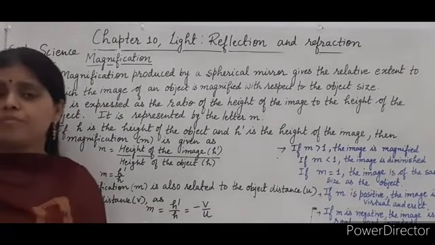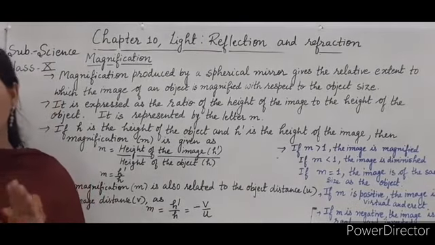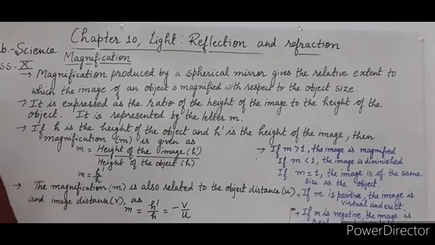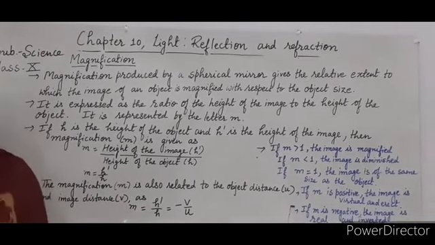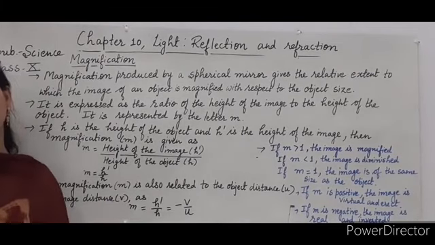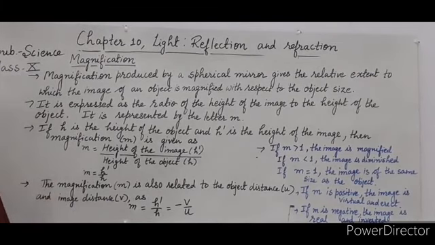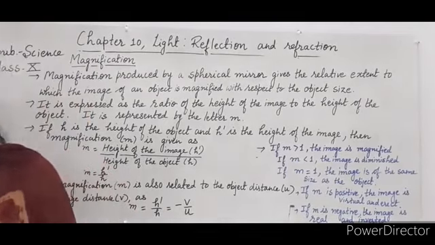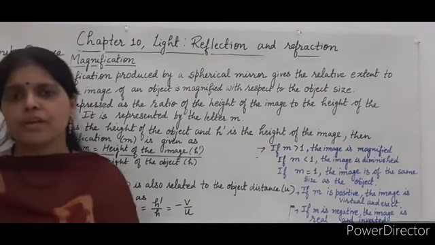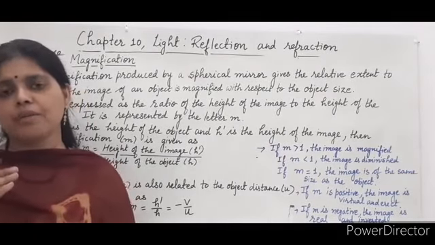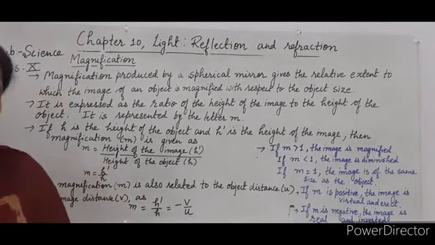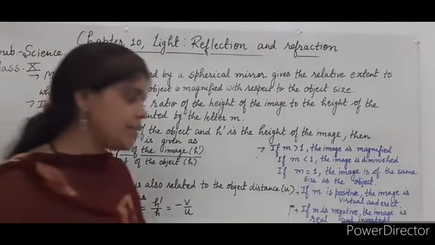Now, the height of the object is taken as positive, because the object is placed above the principal axis. It is always taken as positive. The height of the image is taken as positive in case of a virtual image, and it is taken as negative for real images. So some important points regarding